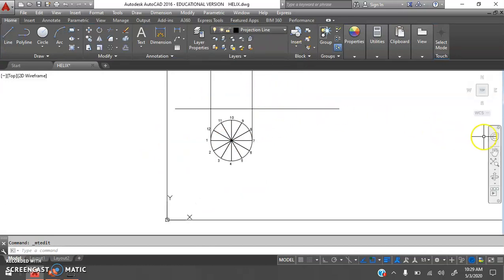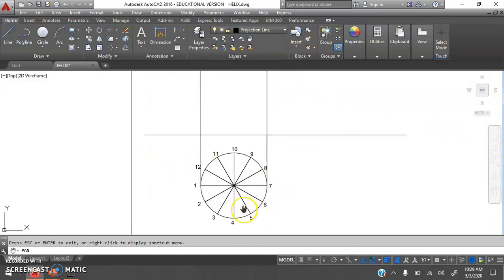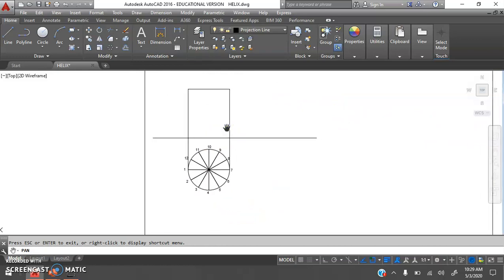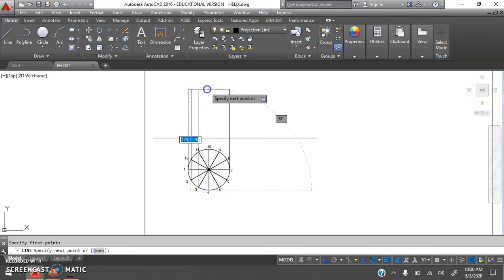After that, the next step is to transfer those projections vertically into the front view. For transferring the projection, we can see it will pass through points 1 and 12. It is an object of symmetry, so it will be passing through the same point. So you have to take individual projection lines starting from point 2, a vertical line. Draw a line from point 3, it will pass through point 11. Similarly, the line drawn from point 4 will pass through point 10.